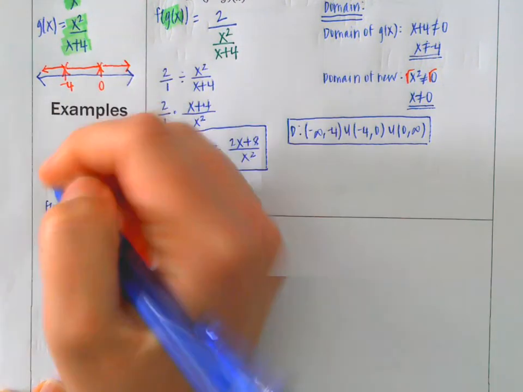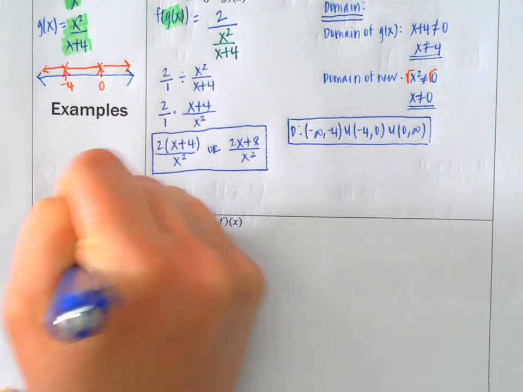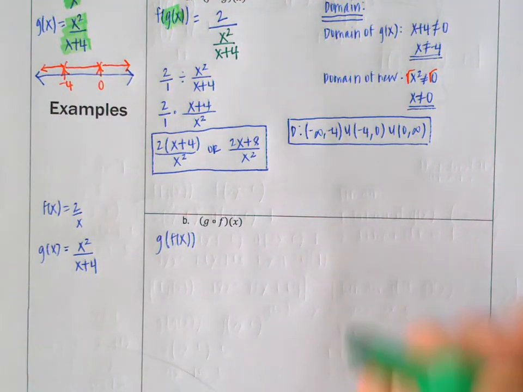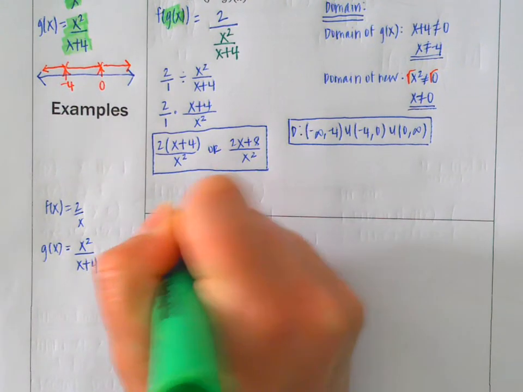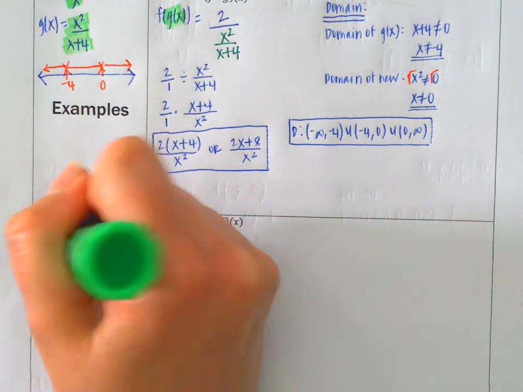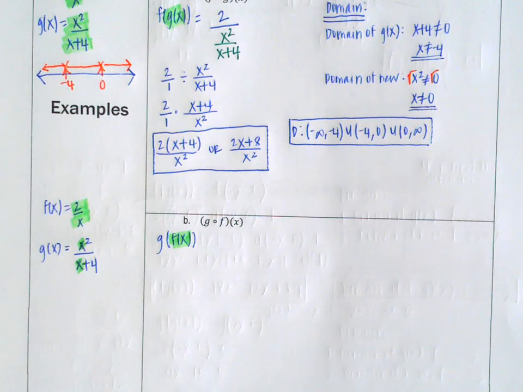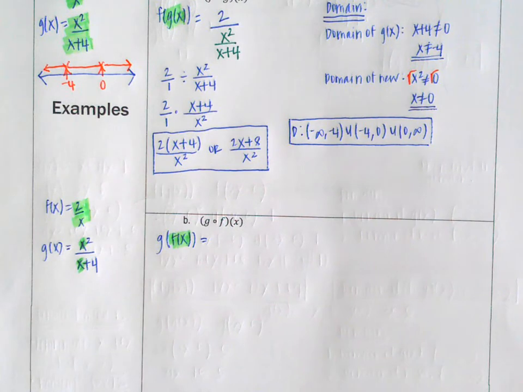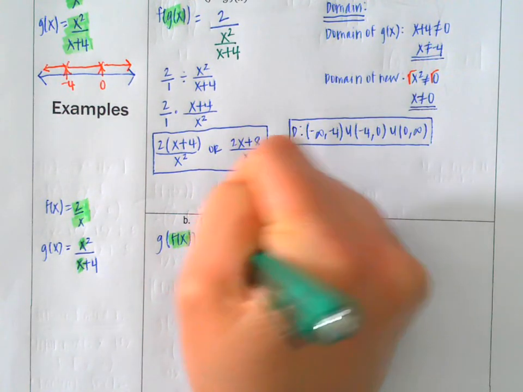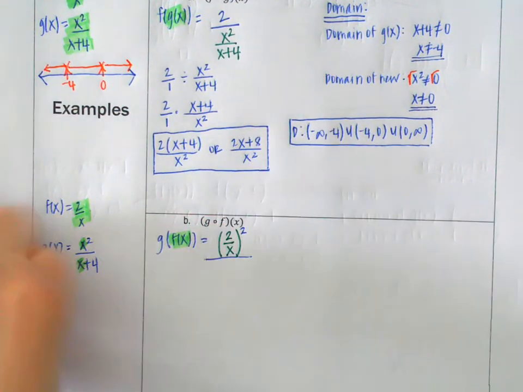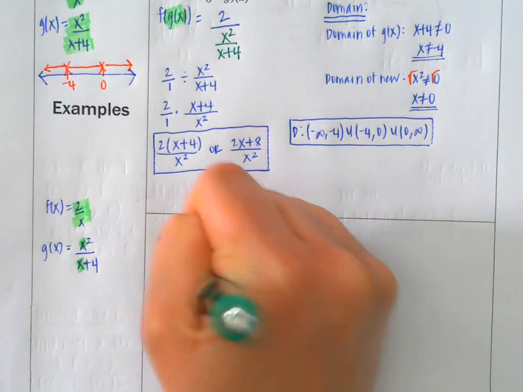Okay, so g of x is equal to x squared over x plus 4. So this one is just like the opposite, right? We're taking f of x, so the entire 2 over x, and we're plugging it in wherever there's an x. So it's 2 spots here. That's why I said it's a little bit more involved. Okay, so instead of writing x squared, we're going to write 2 over x squared all over 2 over x